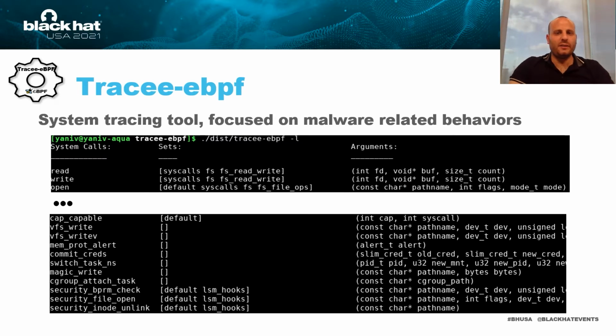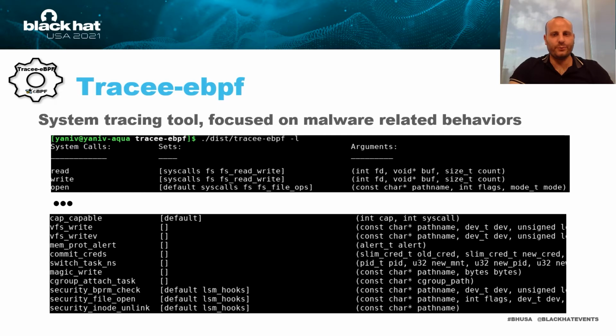Tracee BPF is a system tracing tool with specially added tracing and forensic capabilities, focused on malware-related behavior. Here you can see a partial list of events that can be traced with Tracee BPF. In the full list you will be able to see all the system calls plus some other events. These other events include internal kernel functions, such as LSM hooks, and also some specially crafted events, as we will